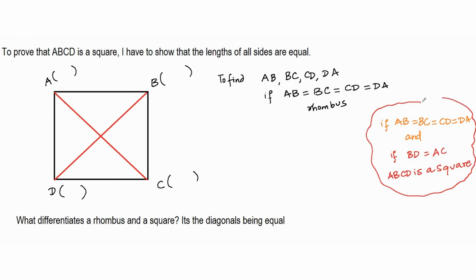That's one idea. The other idea would be, I can again show that the lengths of the four sides are equal. So if AB is equal to BC is equal to CD is equal to DA, that is all sides are equal, and I know that one difference between a square and a parallelogram is that the angle at the vertex of the square is always a right angle. This means that in this particular triangle, I can consider triangle ADC.